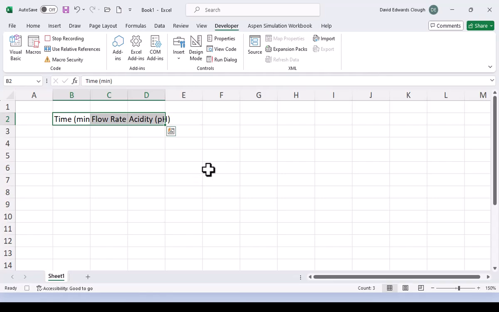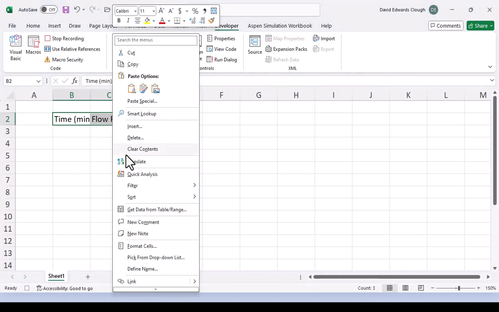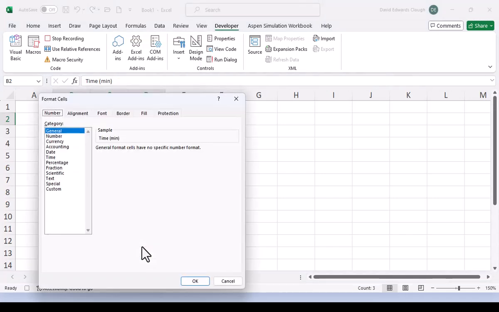So what's going to happen here is there's an interpreter that's going to look at any actions that we take now, and it's going to attempt to write VBA code to accomplish these actions automatically. So what I'm going to do is right-click this selection of 3 cells and click Format Cells